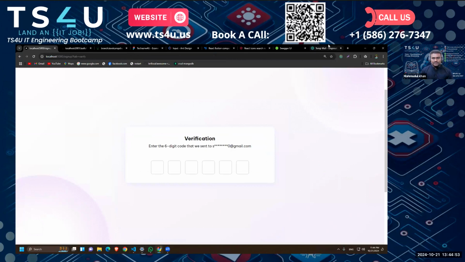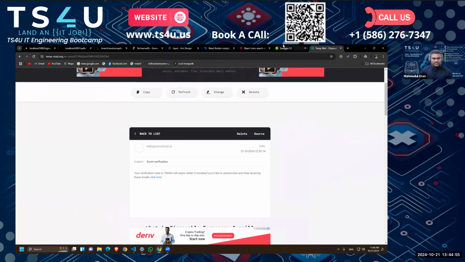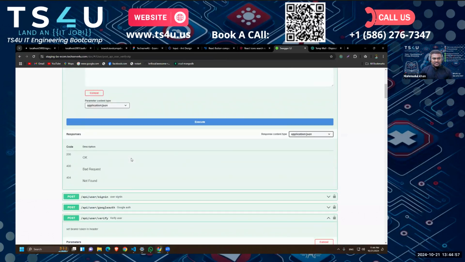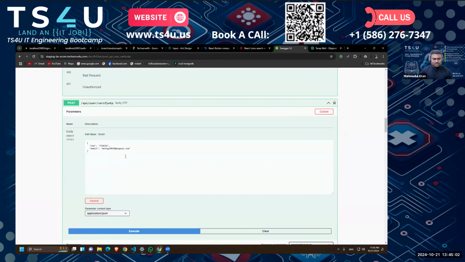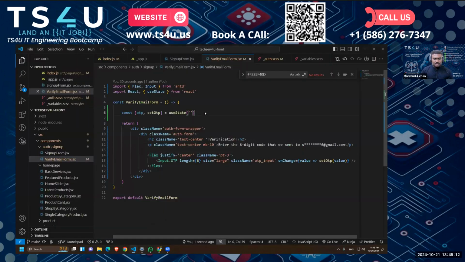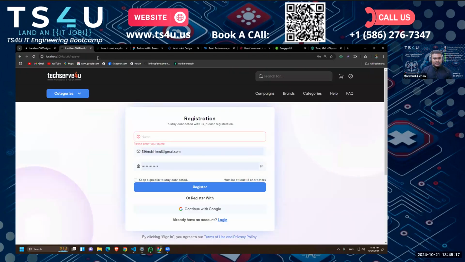Now, what do we have to do? We have to make another API call to verify the account, right? So let's see what data we have to send. We have to send the OTP and the email. So to get the email, what we can do is set up the email in the route 2,